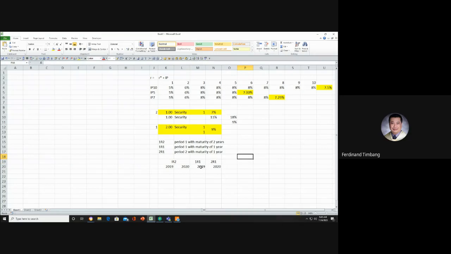So ibig sabihin nun, pagka nag-end sa December 31 dito, itong sa 1R1 na to, ipi-place mo siya at the start of the year ng second period ng 2020. And then we'll end at December 31, 2020. Kaya kung lumalabas, ito ay 2 years. Ito rin ay katulad nito ay 2 years.